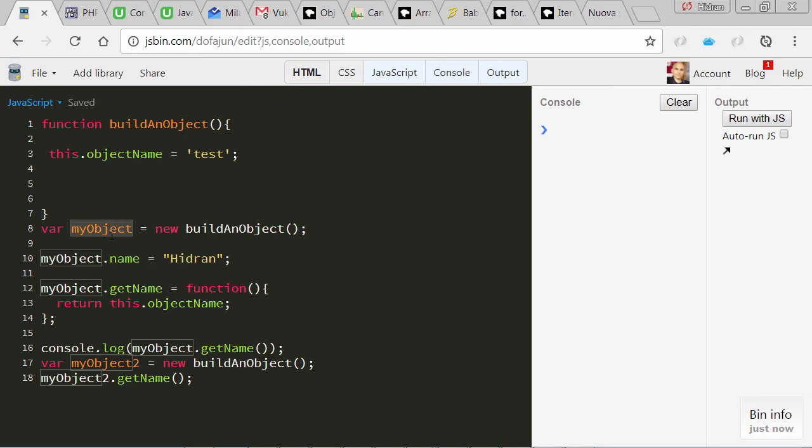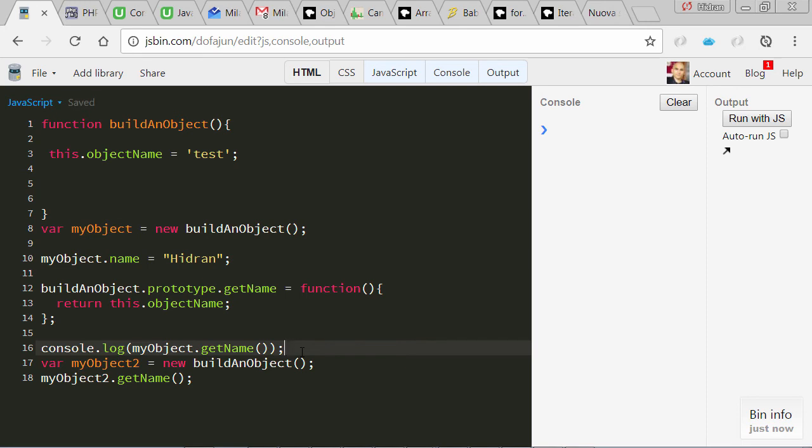We must put it in the prototype. So if you want only your object to have that method, you put it in your object. And this method is going to have access to all the properties inherited from the function. Okay? But I already created this object. You see that we have this method name here. If we put it afterwards on the prototype of the function, even though we added the method after creating the object, you see that we created the object at line 8, we can call it later on because